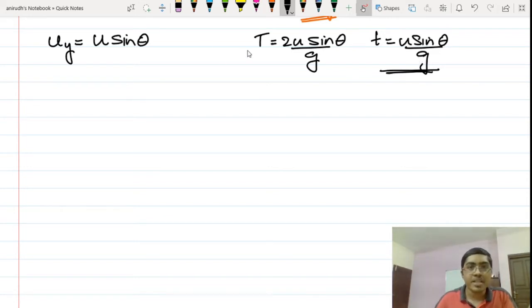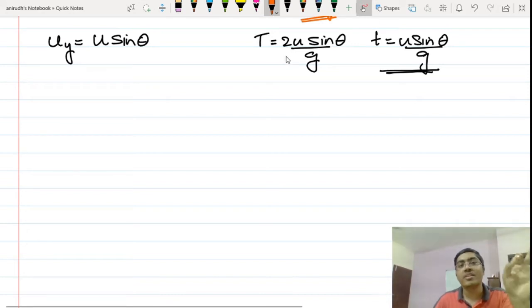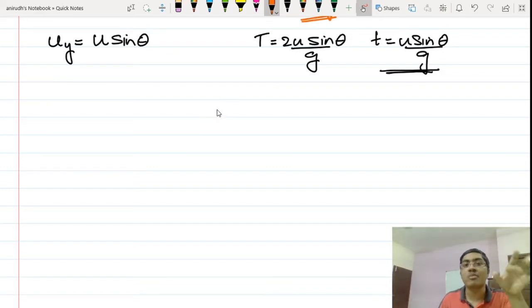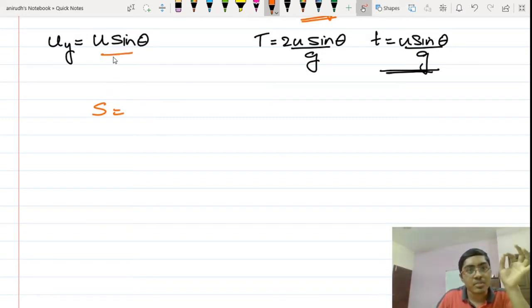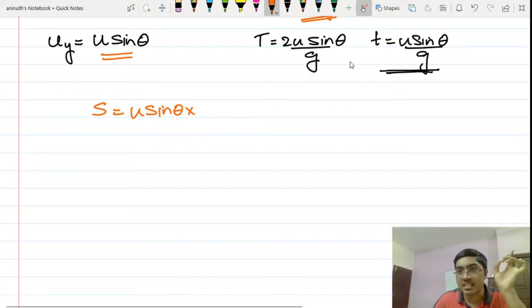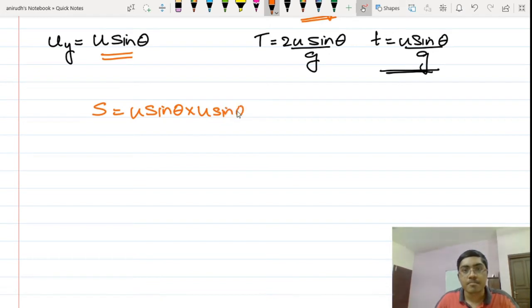Now, I can simply use the equations of uniformly accelerated motion here, because yes, the vertical component is uniformly accelerated motion. So what are the equations here? v is equal to u plus at, s is equal to ut plus half at square, v square is equal to u square plus 2as. Now the value of acceleration will be minus g in all these cases. So I'm using s is equal to ut minus half gt square. What is the u value here? I'm considering only the vertical component, so that is u sine theta multiplied by t. What is the time to reach the topmost point? This is the time to reach the topmost point, u sine theta by g.